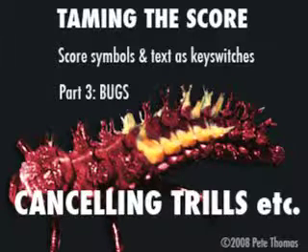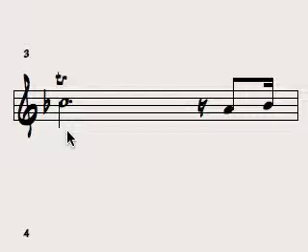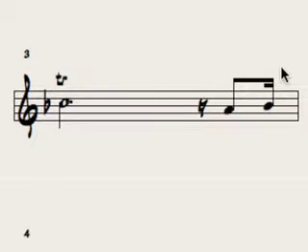This next one is not really a bug, more a feature that needs to be added. After using a symbol such as a trill, you naturally want the following note to revert to the previous articulation. This can be done by adding some text or a symbol, but although this can be useful for you as a composer, it's superfluous and annoying on a printed part for a player. Ideally, we need text that can be seen on screen but is hidden when printing the part. I have a couple of workarounds for this.